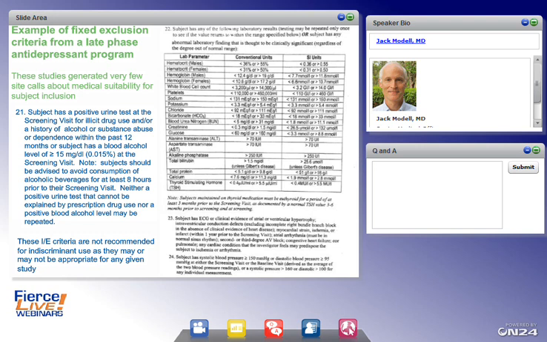You can see we're very specific here with the blood alcohol level. You could just say no blood alcohol level. I remember for this particular study, I think the argument was, well, we were doing it in Europe and people there drink a lot of wine, as if to say they don't in the U.S. and elsewhere they do. And we didn't want to exclude someone who had a glass of wine several hours before. Well, actually, what we ended up doing, and it worked very well, is telling subjects not to have any alcohol within at least 8 hours of the screening visit, because frankly, if they couldn't adhere to that, we were concerned